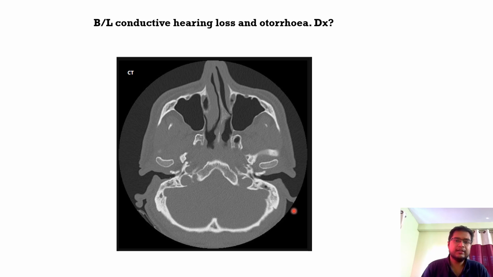So what do you think the diagnosis is here? Do you think the tegmen tympani was eroded? The scutum was eroded or blunted in any way in this particular case? So there was no erosion as such if you go through the imaging again of the tegmen tympani or the scutum or the ossicles. So it's a case of chronic otitis media, but there is no cholesteatoma that is associated